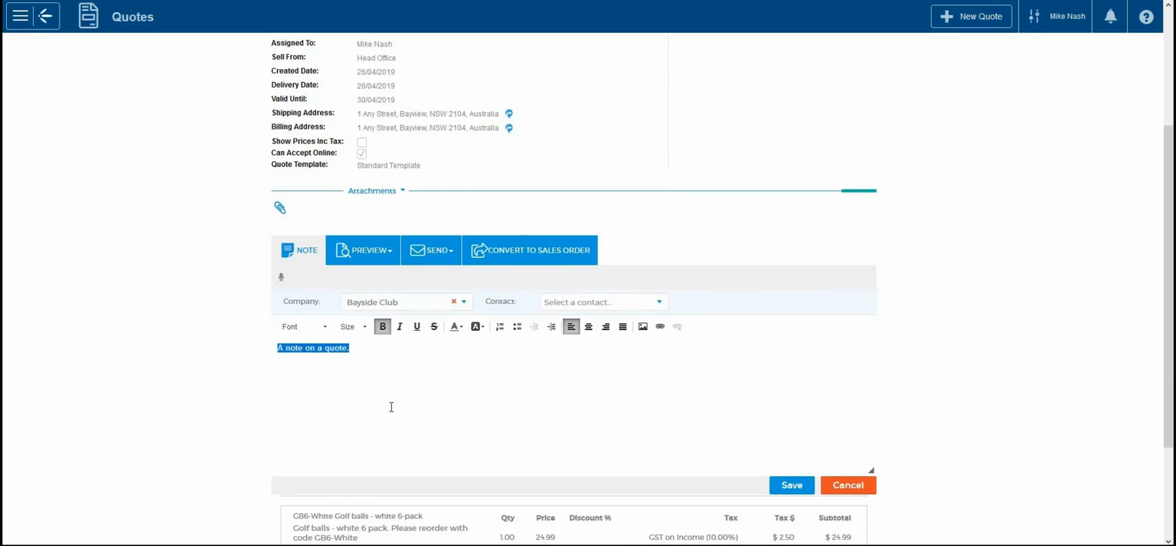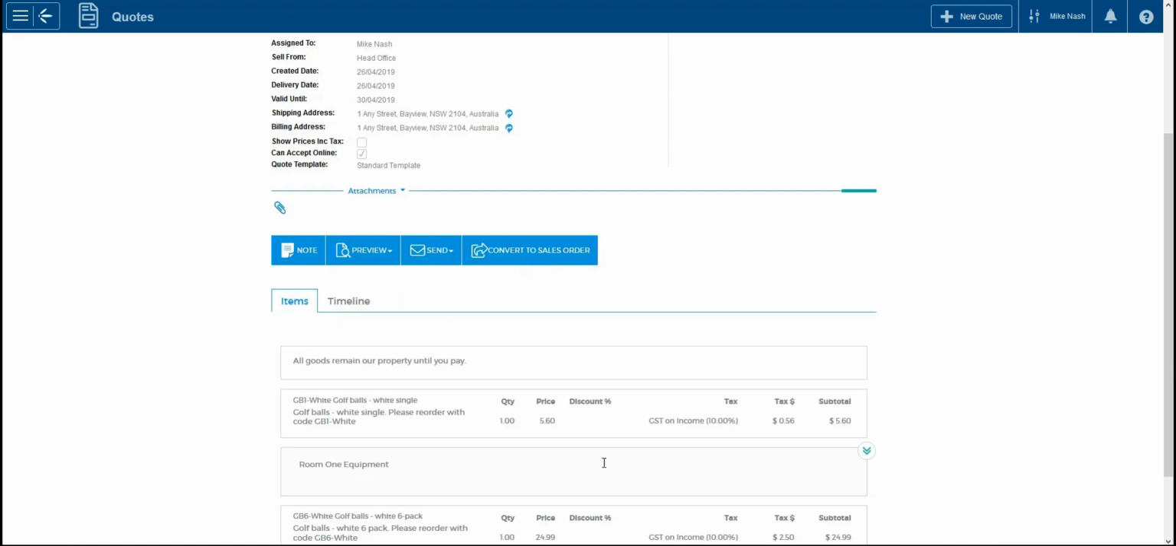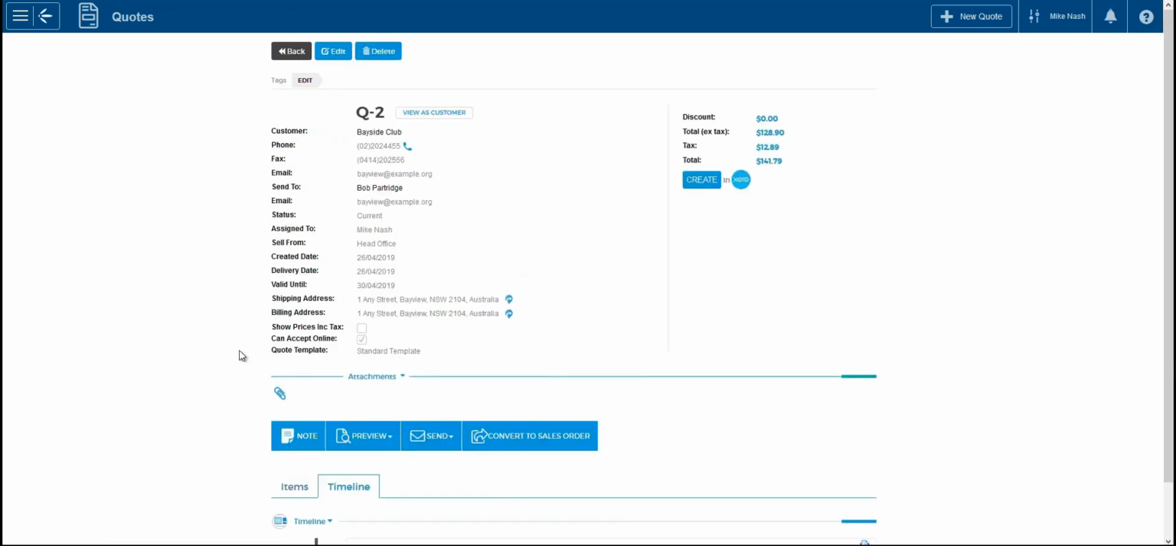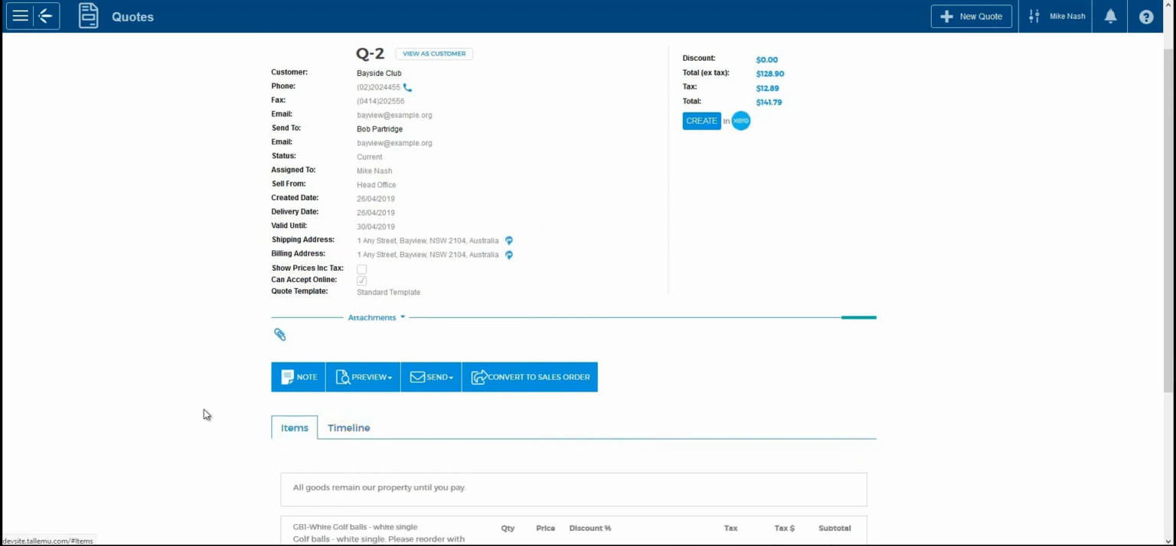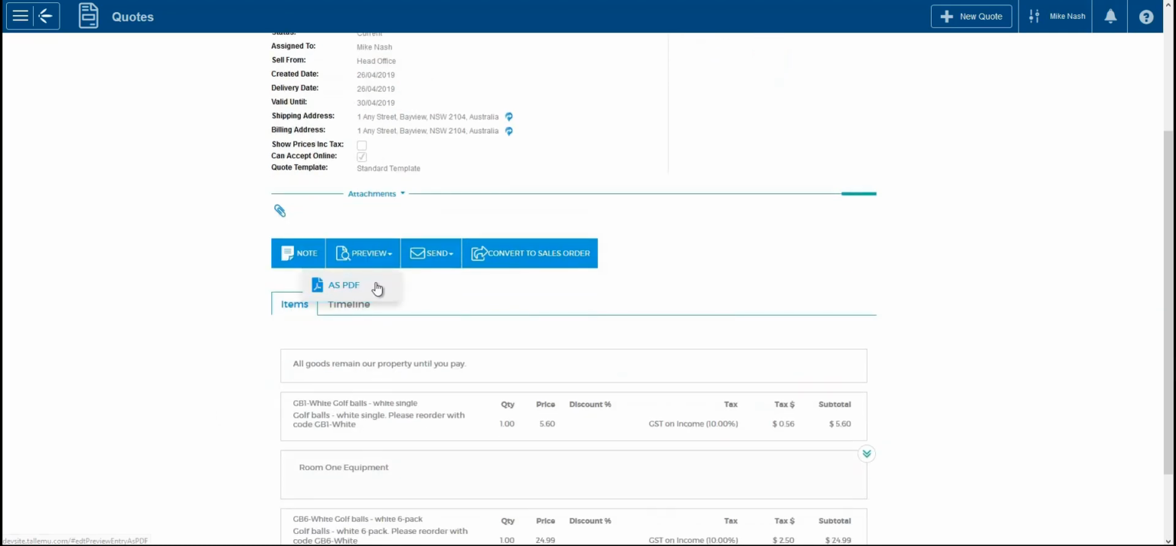I can make it bold, italic, underline. Everywhere through the system we've got this bold, italic, underline, rich sort of text type experience. So we can save that there. Now we can see, if we look at the timeline, I created a note on a quote. I can preview the quote as a PDF,